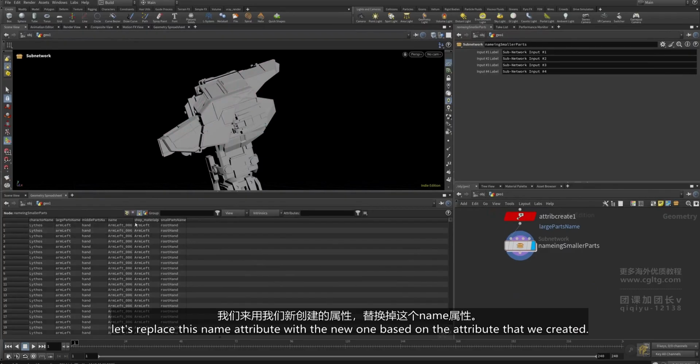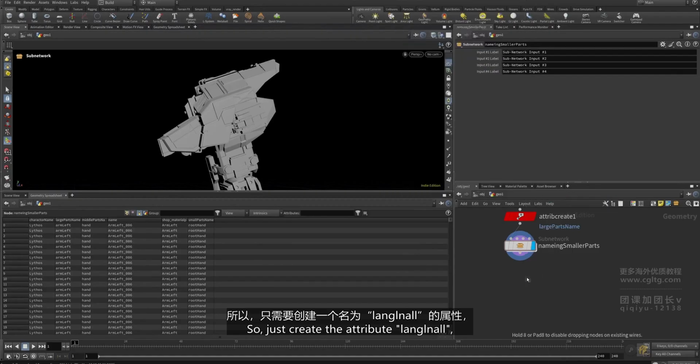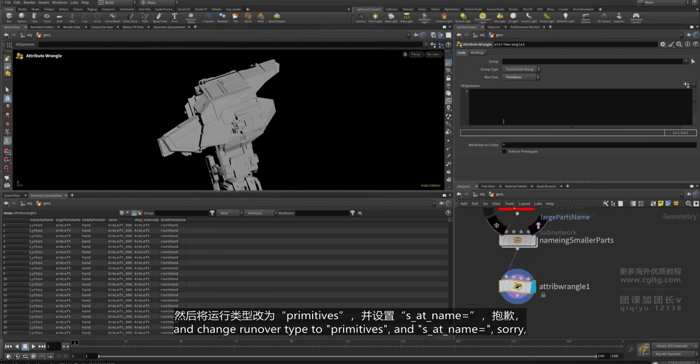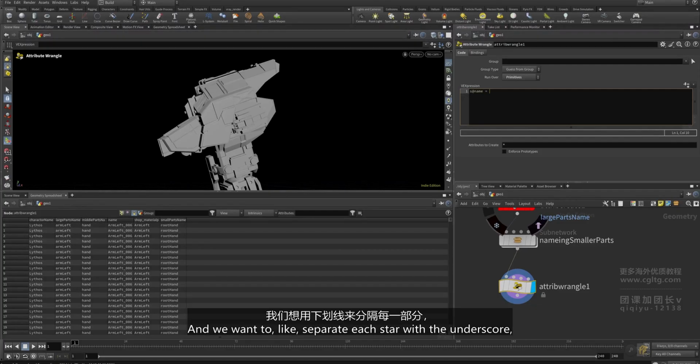Okay, let's replace this name attribute with the new one based on the attribute that you created. So just create the attribute wrangler node and change run over type to primitives. And start: the string name attribute equals character name plus large part name plus middle part name plus small part name. And we want to separate each with the underscore. So it will be something like